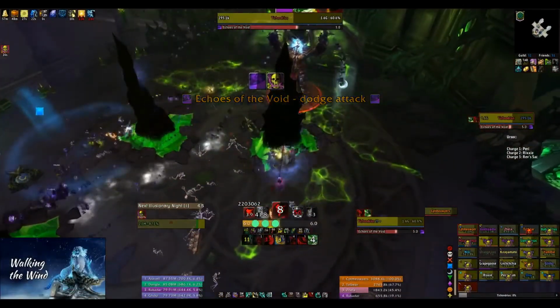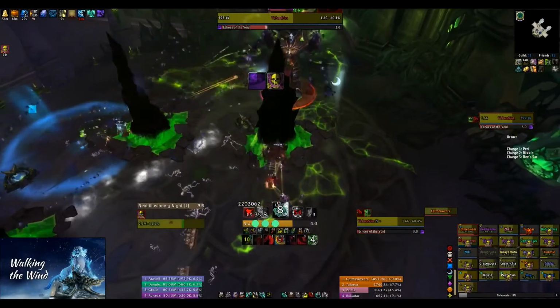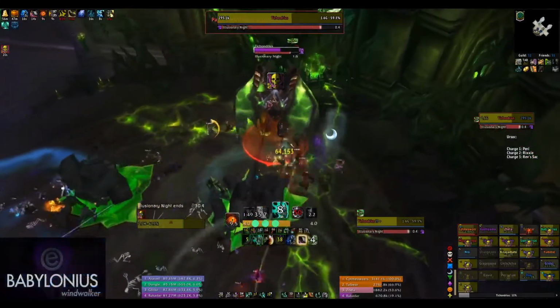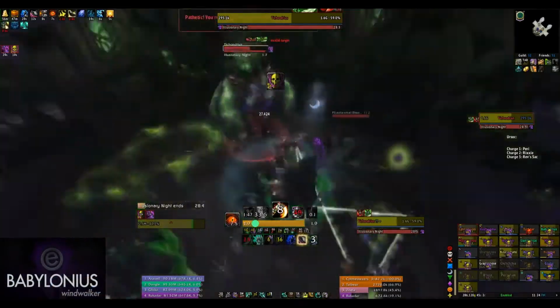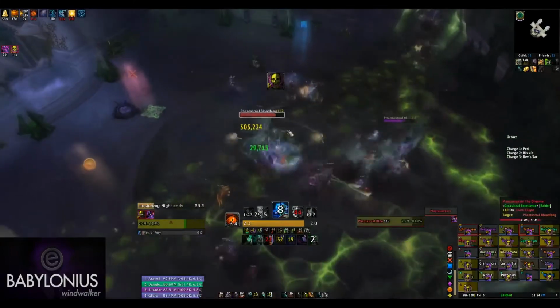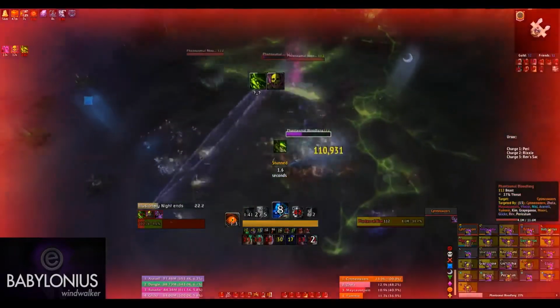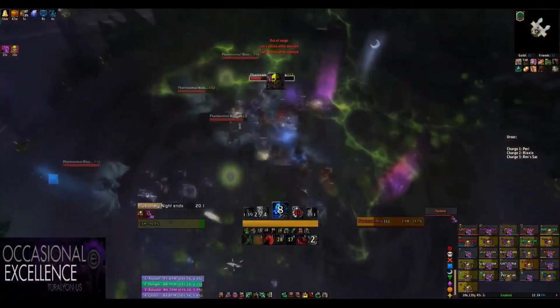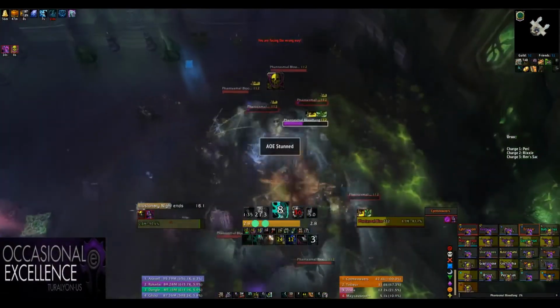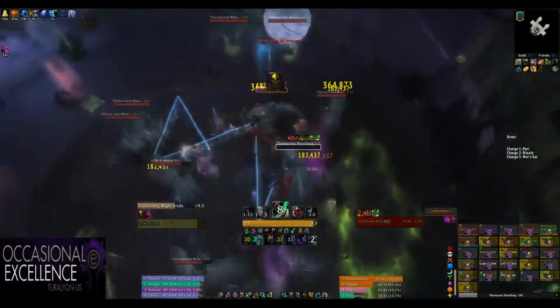And then here you're going to want to stay behind. Make sure if you're behind, you use things like Flying Serpent Kick or Chi Wave to keep your hit combo buff up. But this phase, this bat phase, is really where Windwalkers make their bones. And as you'll be able to see, I was exceptionally terrible at this. But basically, you're going to want to make sure you have